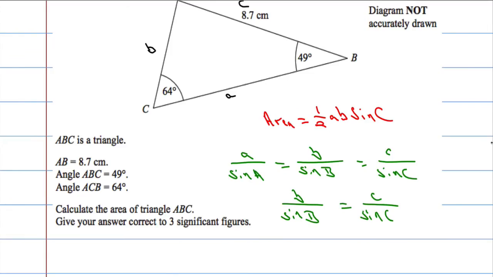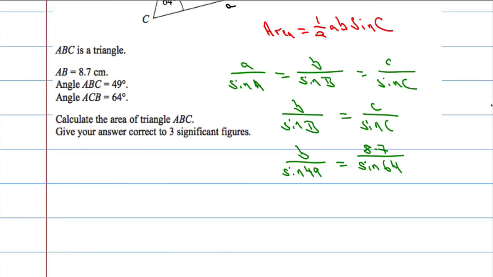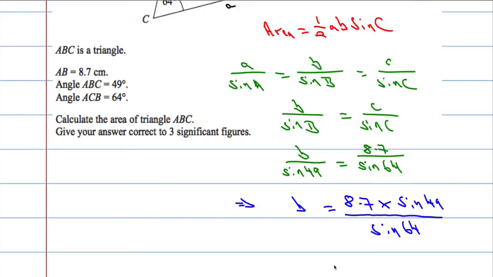So let's substitute these values in. So B, we don't know, over sine of B, sine of 49, will equal C, which is 8.7, divided by the sine of the angle C, sine 64. Okay, what I can do now is multiply both sides by sine of 49, and that means that B equals 8.7 multiplied by sine of 49 divided by sine of 64, which means that B,